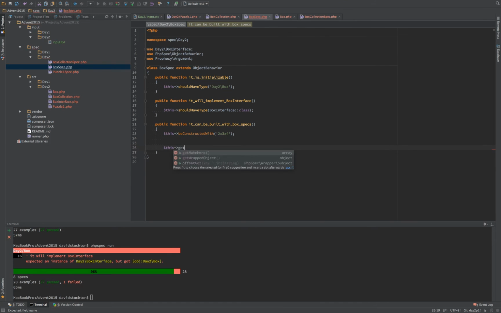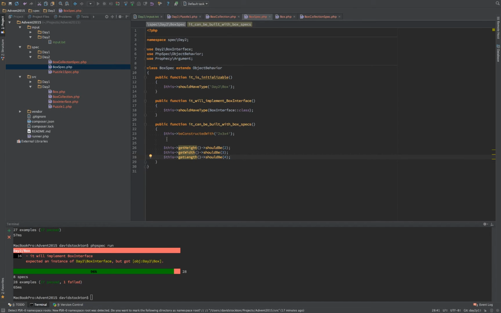So we'll do get, let's say height, width, length is what it is. Height should be 2. This get width should be 3. And this get length should be 4. Alright, so there's a lot of stuff going on right there in this test, a lot of things that phpspec is going to ask to build for us,